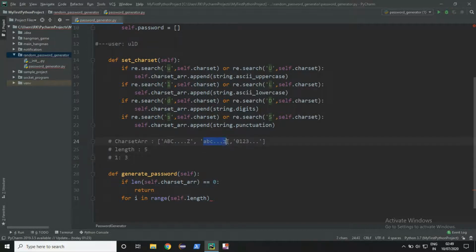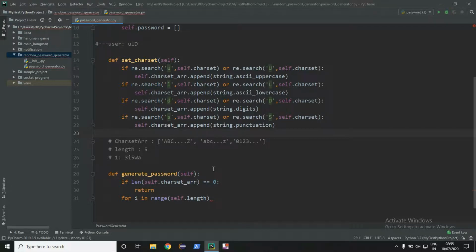So now we will take this string, and from here we can get I. So the second character of the password will be I. Similarly on the next iterations we will get, let us say, 5, then W, then A. Now we will get this password if we enter the length 5 and the char set is U, L and D.